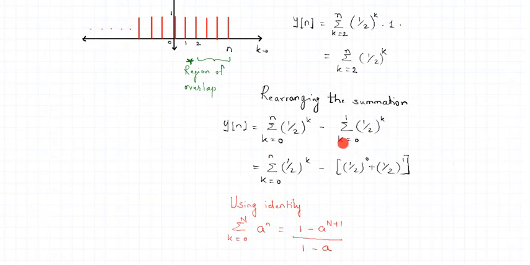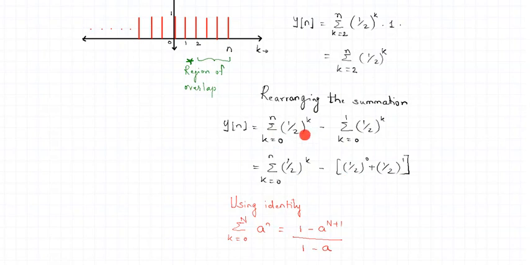The next summation, when we are saying here k is equal to 0 to 1, can be expanded for the various values of k. So the first expansion with k equal to 0 turns out to be 1 by 2 raised to 0. Expanding it for the second value, 1 by 2 raised to 1. So this summation has two values, k as 0 and k as 1.